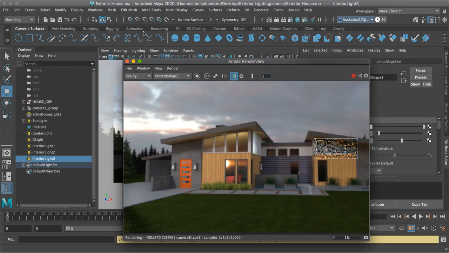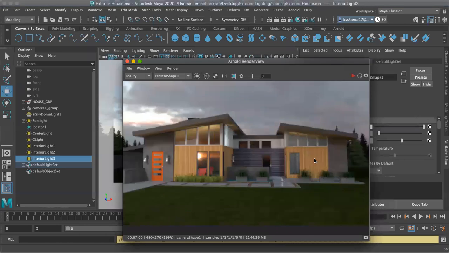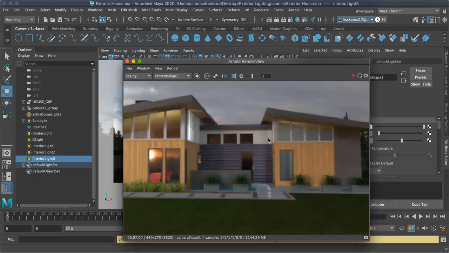So it will take a while, so we'll wait for the render. So now guys, render is done. Now you can see the difference between the two windows, and even you can add some lights to